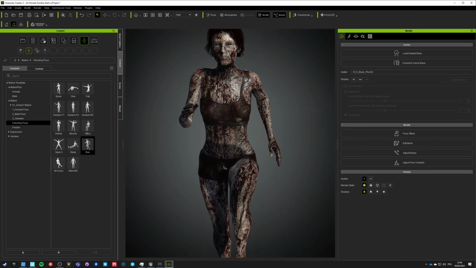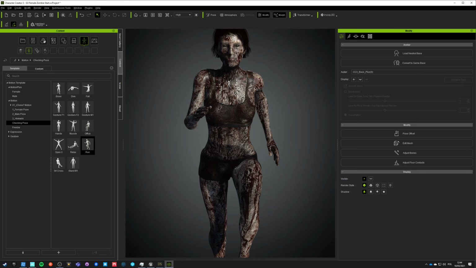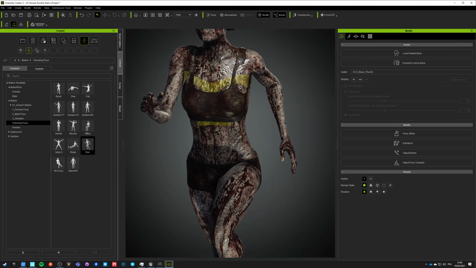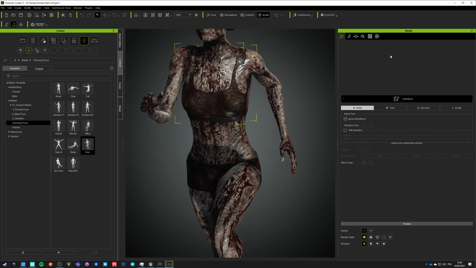But this is not something that will actually be a problem in a game. Like if you watch carefully in any game you really like, you will see that many things don't really work as beautiful as you believe they do. Okay, here we can see there is the same problem. We can do comfort, but what we want to do really right now is just to do again edit mesh